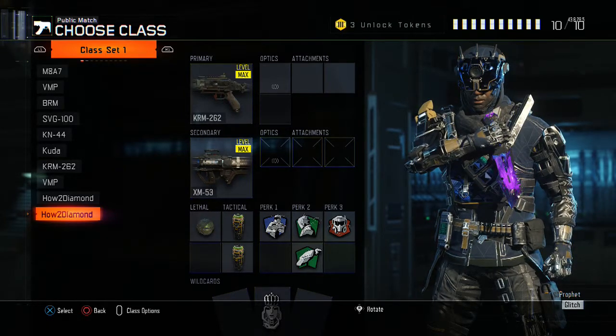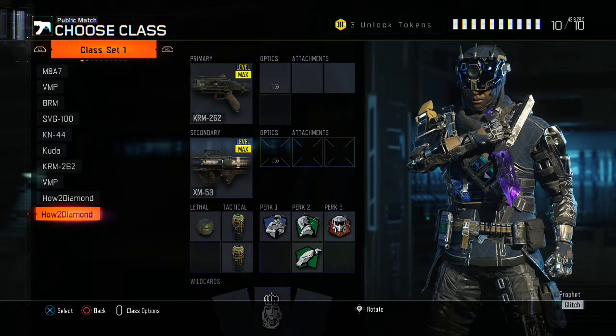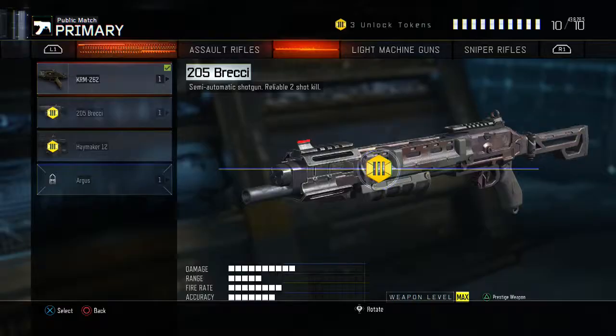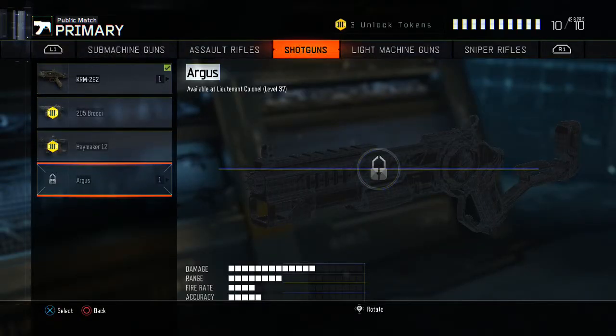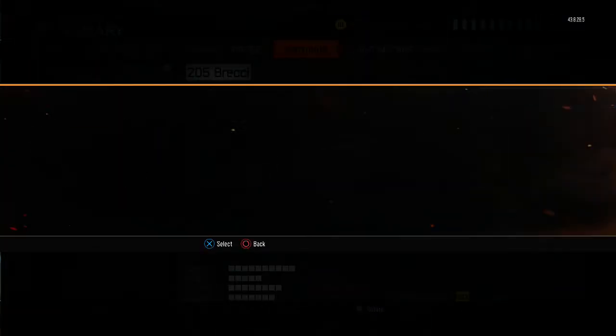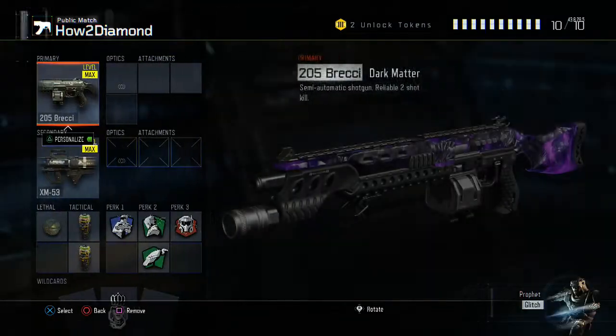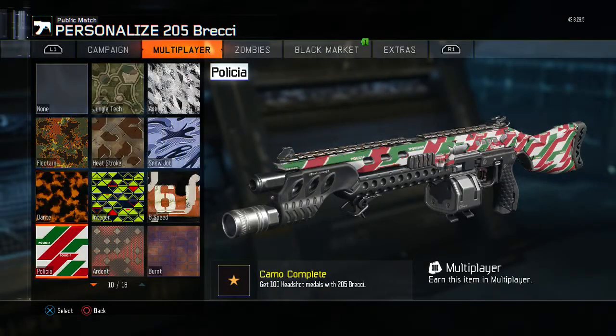But yeah, just switch directions if you see someone far away, or if someone's shooting at you, that's a must, because with shotguns, unless it's the Argus, I guess the Argus is kind of like a slug, just one hit bullet. The Brecci, my favorite shotgun ever. So for the Brecci,